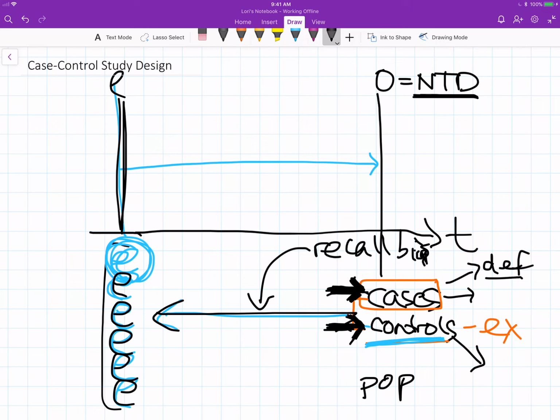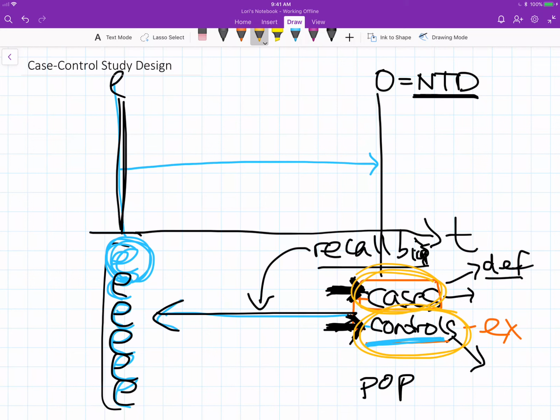Recall bias is a type of systematic error, and it's especially problematic when it is different, and here's the key, when it's different for the cases than it is for the controls. If that systematic error is different for the cases and controls, it has a special name in epidemiology. It's called